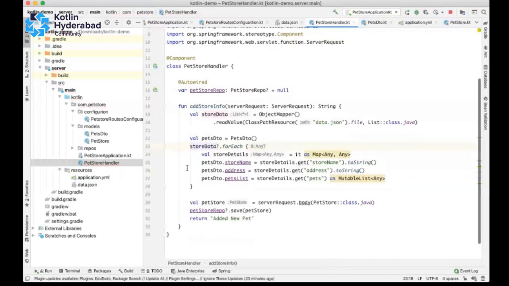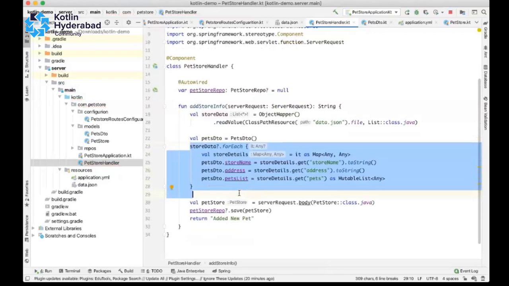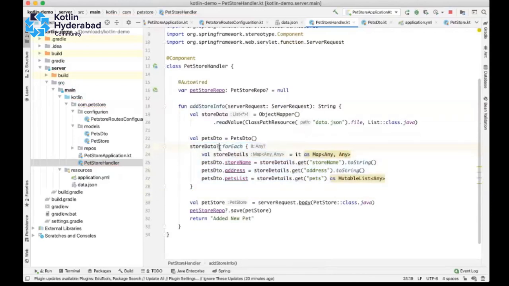So you can see here the for each loop. If you want to iterate over the list, we have many ways, and we can also access Java's streams here.